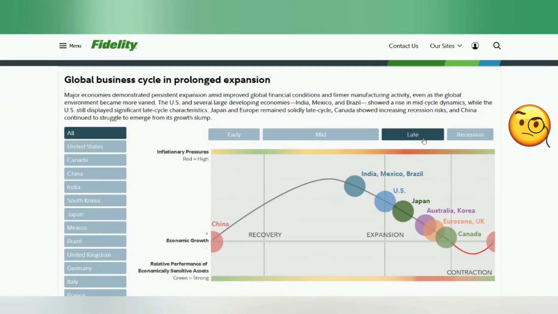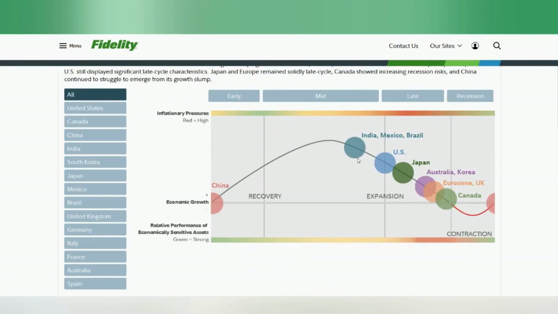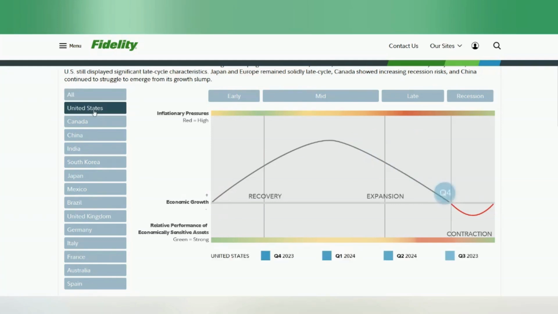And so as you can see here, we have early, mid, and late stage in terms of economic growth, followed by a recessionary period, which then loops around to an early stage growth, a mid, and a late stage. And here you can see the different countries in the different stages that they are in. And what's cool about this is you can actually click on a particular geographic region, like the United States, and actually see from a time perspective that in Q3 we were still in the mid to late expansionary phase in